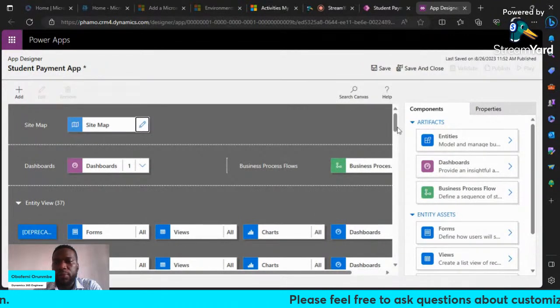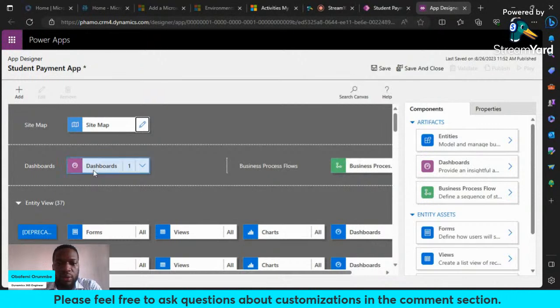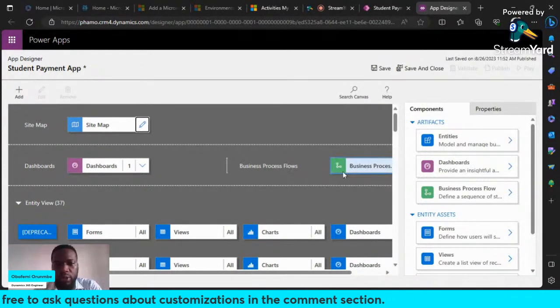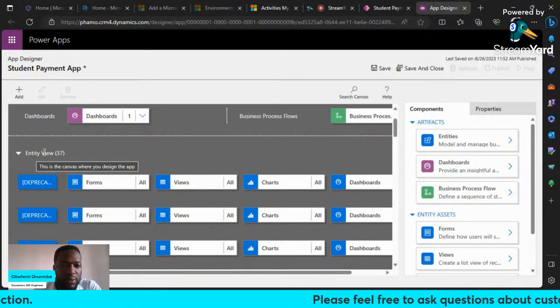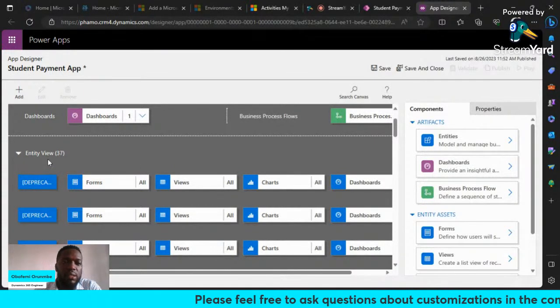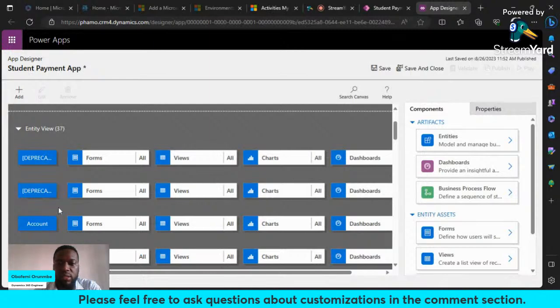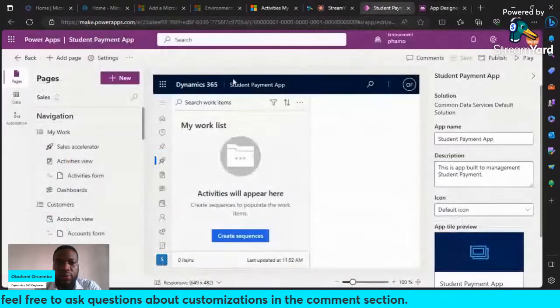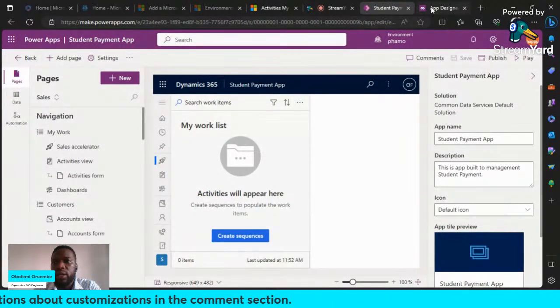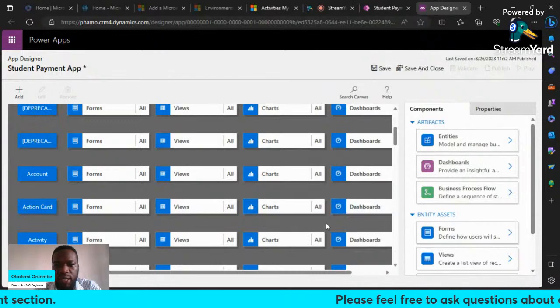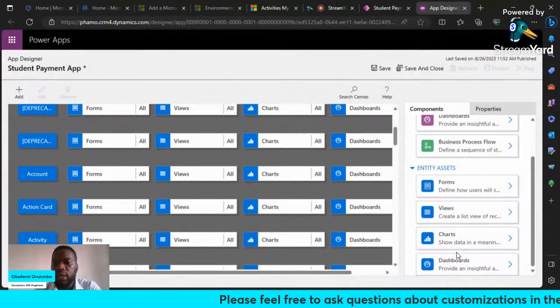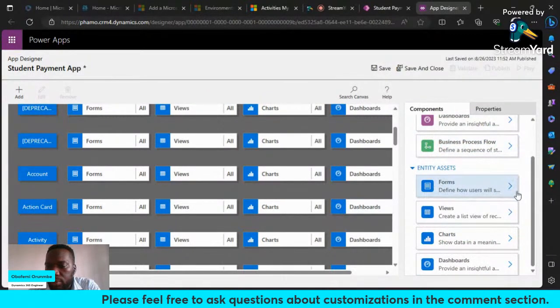this is what the legacy app designer looks like, where you can edit the sitemap, you can work on the dashboard, you can also customize the business, you can create business process flows. And here also you have the list of entities. You can see here still being referred to as entities. And what we have here as entities is just the same thing we have here as tables. And also here we have the forms, we have the views, we have the charts, and all of that. All of those we can customize by